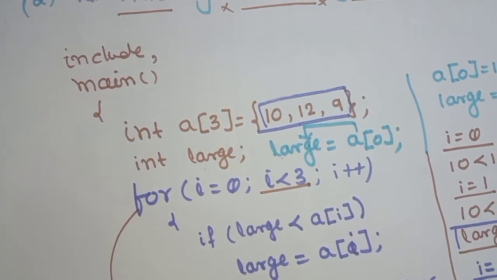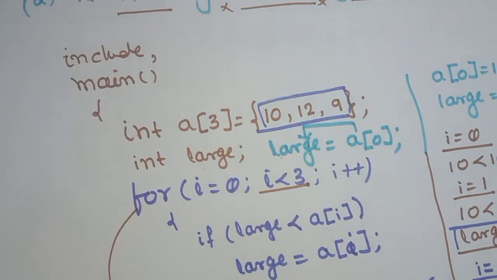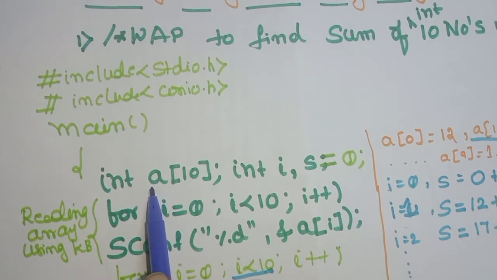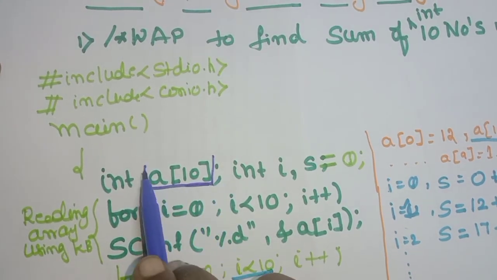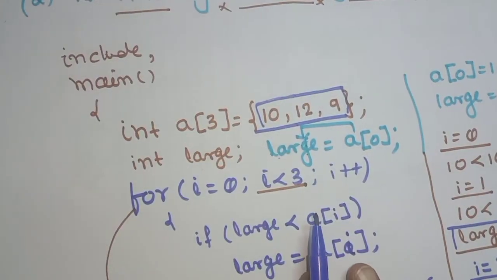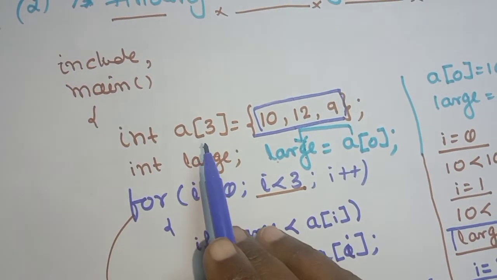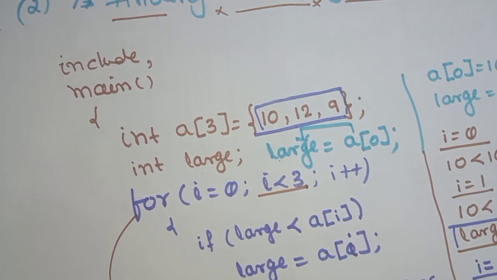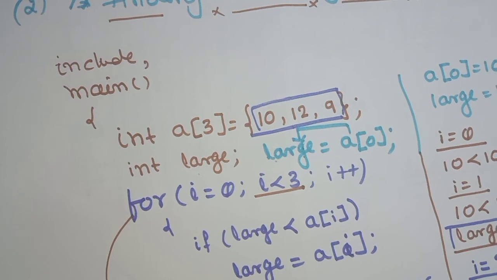And my next question is here. In the previous program, I wrote the program to find the sum of 10 integers, correct? And this is the program I wrote to find the greatest of three numbers. The next question is, you are going to write the program to find the smallest number in an array. Take 5 numbers for the smallest and 5 for the largest and analyze the same programs.